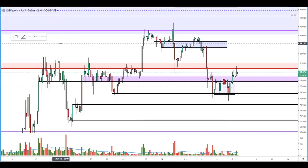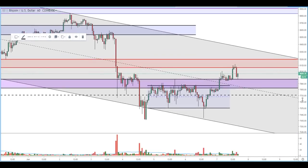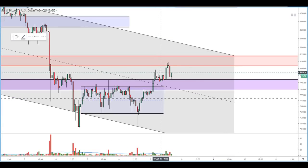The kind of price action I'm keeping an eye out for specifically is this sort of change of character that I've mentioned in several of my other videos, where the market will kind of snake upward like this. When we look at the 60-minute time frame, we get a little bit more resolution, and we can see that although we did get a little rejection, we came back down and once again found support on our purple region. Something that's going to make me feel even more confident in my bullish perspective is I want to see